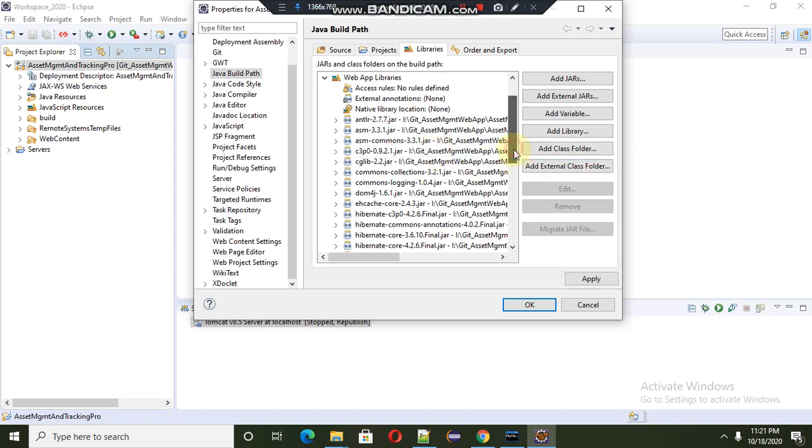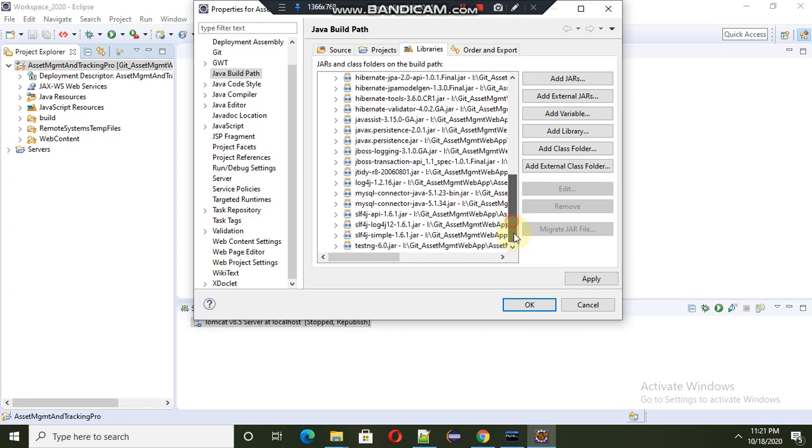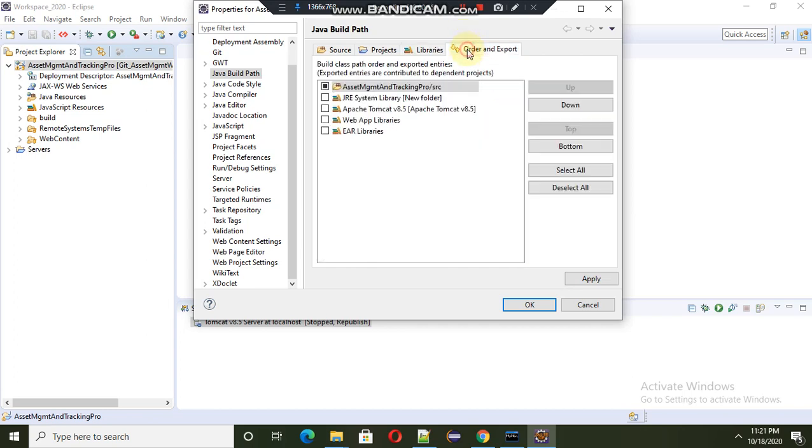I have used a little bit of Hibernate code, so these are some Hibernate libraries, and some connectivity like MySQL connector. So these are all available here. You just go to Order and Export. Make sure to tick all these checkboxes. Apply. Yeah, it's done.